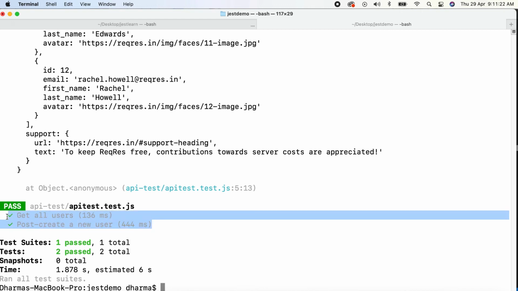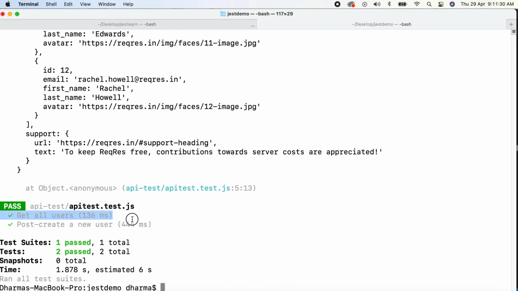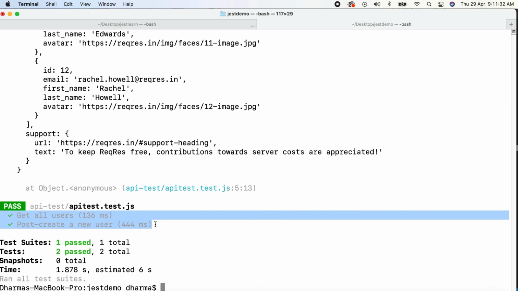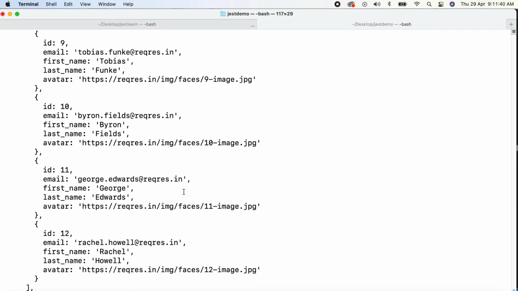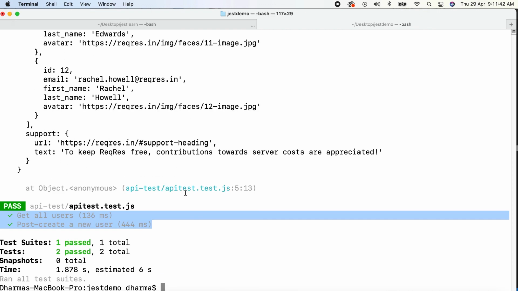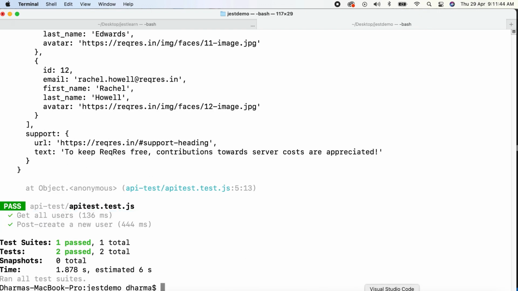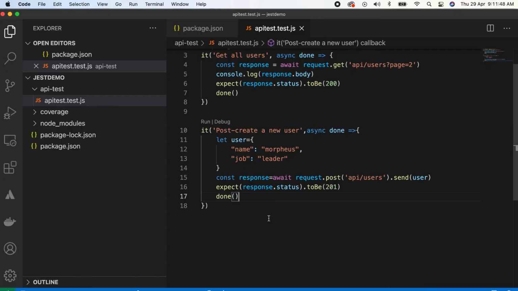If you miss the done callback, it will pass sometimes and fail sometimes, and if you are not writing async, that is also a problem, it won't return data properly. Before getting the response, it will store whatever header detail it gets into the response. So it's not proper. So always write async for API. That is better because this API is also written the async way.